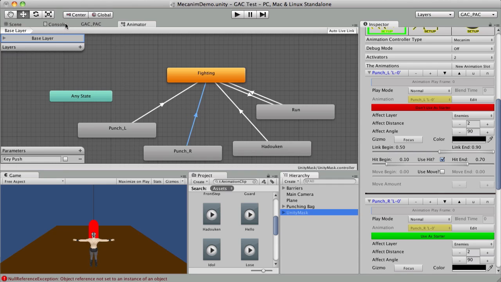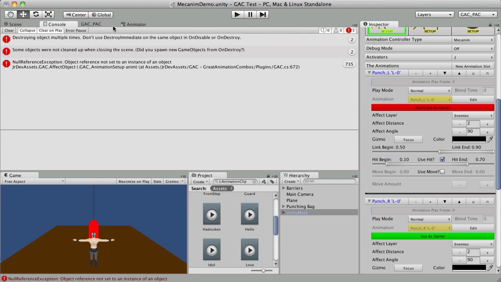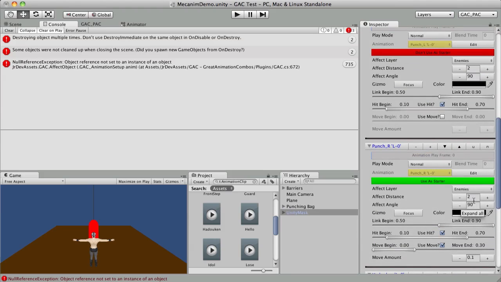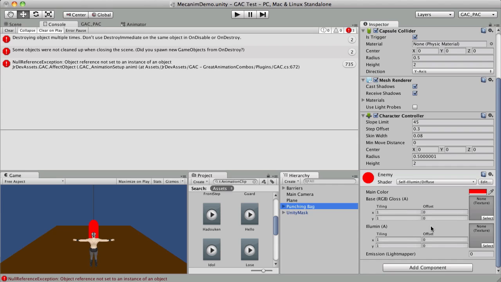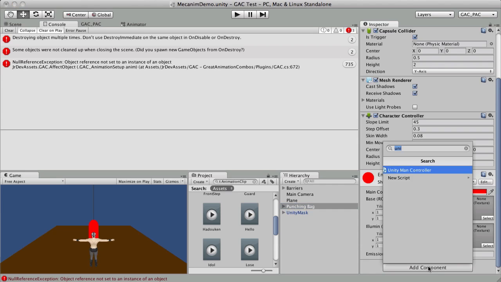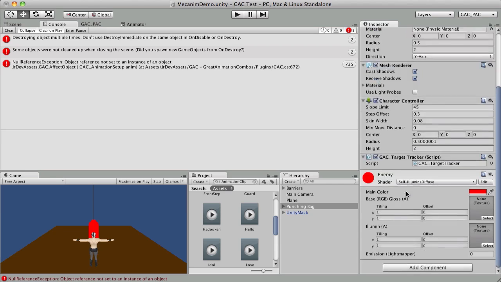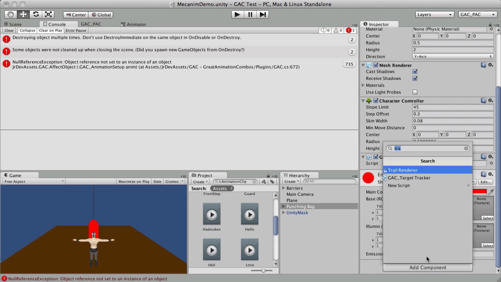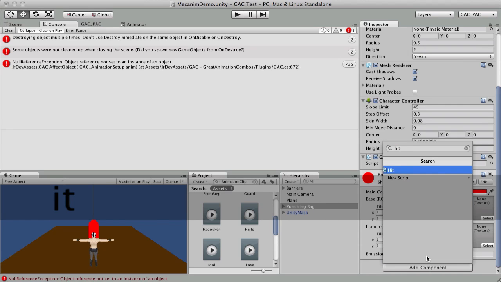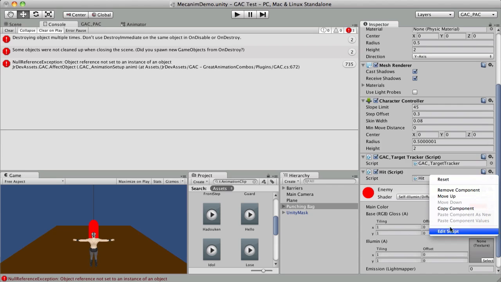Alright, let's take care of this error here. What this is saying is that I'm using hit detection right now because I've turned it on, but I haven't set it on the character to affect. So let's do that. First I need to add GAC's tracker for hits to know which target we can hit. And I've created a script here called hit, which basically has the character responding